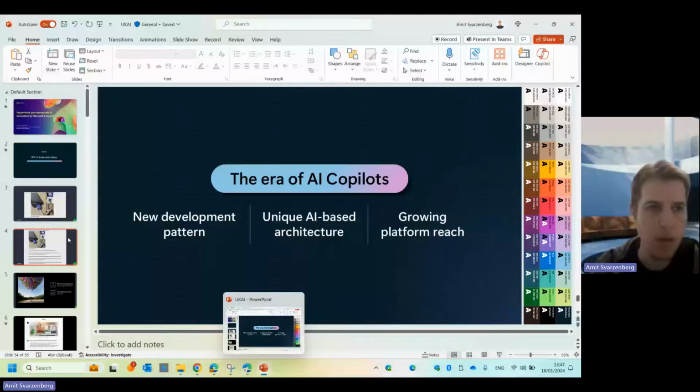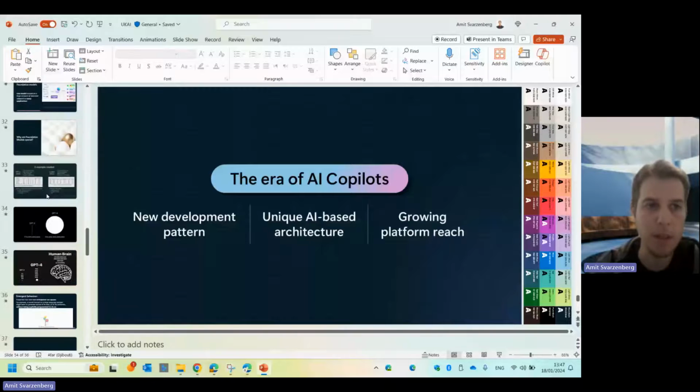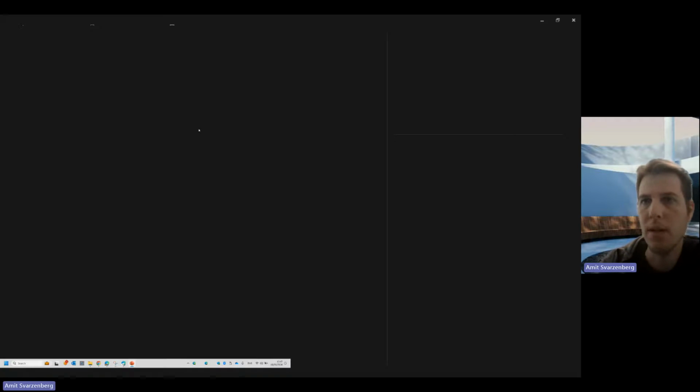So what really happened is basically the foundation model. If you heard about this buzzword and you don't know what a foundation model is, so